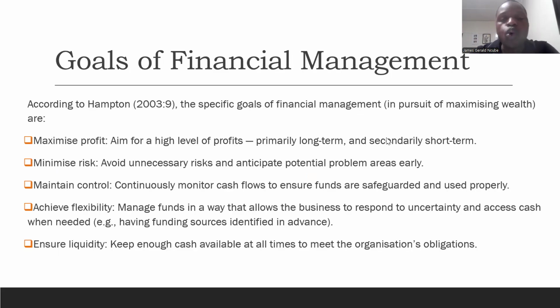All right. So what is the goal? What are we trying to achieve under financial planning and control? What are we trying to achieve as financial managers? Number one, we definitely want to make more profits as an organization. So one of the objectives of the financial manager is to maximize the profit of the organization. Then number two, we want to reduce risk. So as you increase the profit of the organization, there is a chance that you can get into activities that are more risky. So for example,